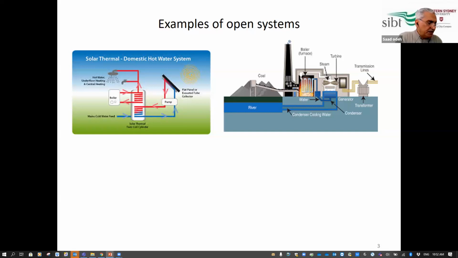And as you can see here, there is flow coming in, which is the fuel, the coal. The coal is taken to a furnace, as you can see, and burned inside the furnace. And inside the furnace, there is a loop of water tubes,